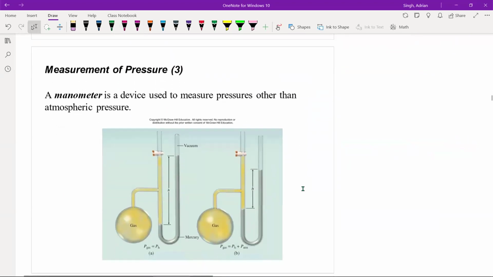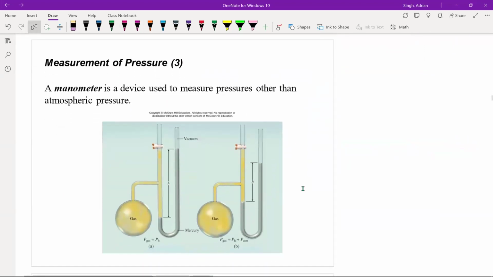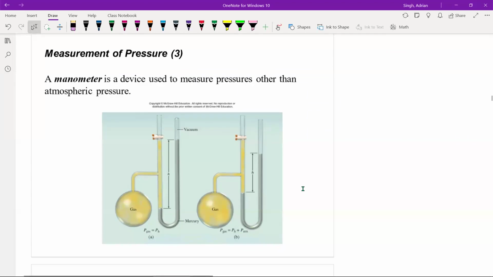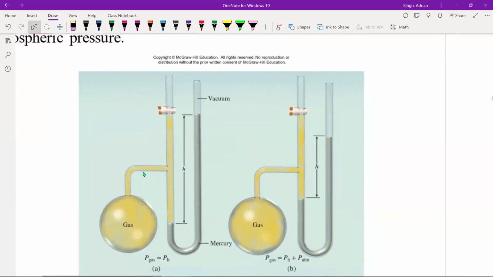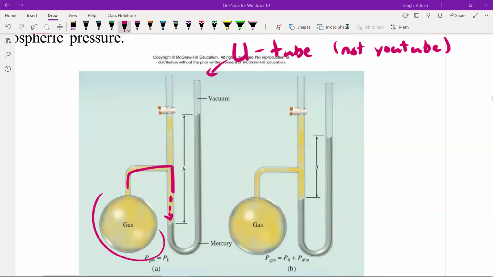Now, when we're measuring pressures other than atmospheric pressure, we use a slightly different device. It's called a manometer. The way that this works is that you have your gas sample in whatever, like a bulb here, for instance, a glass bulb, and it's connected to this thing. This is called a U-tube. This is a literal U-tube, not like the YouTube channels and whatnot. This U-tube here,